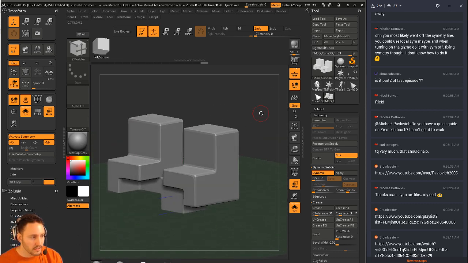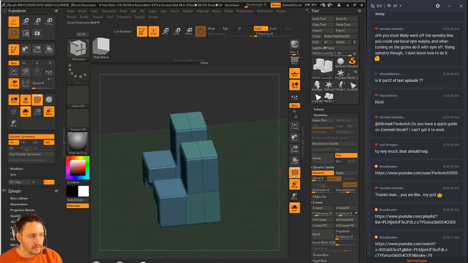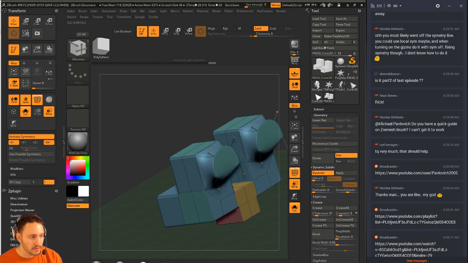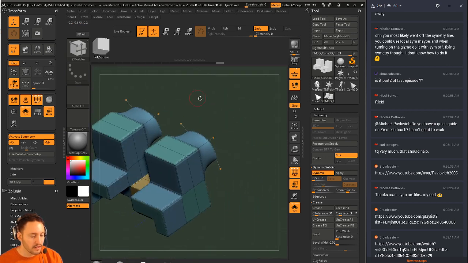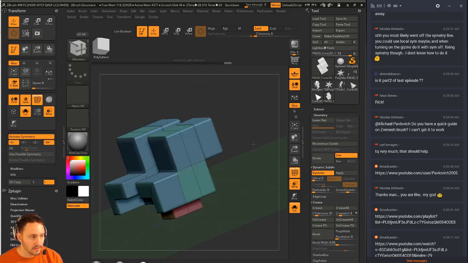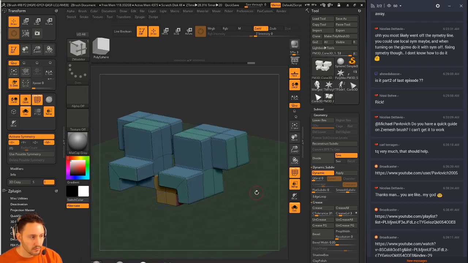That's one way to do this, but QGrid gives you a few more options. And the reason I would do this with my dynamic subdivisions is if I wanted to keep modeling, I can just click this one and model this out. But the bad thing is, without QGrid, I'd have to go through here and just keep hitting this crease button to keep creasing these things. There are some limitations to QGrid, but what we can do, instead of doing the smooth and creasing,